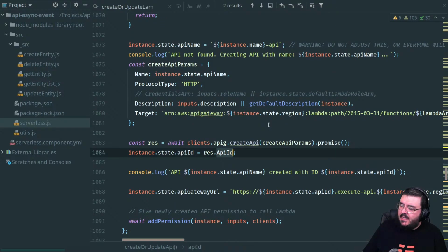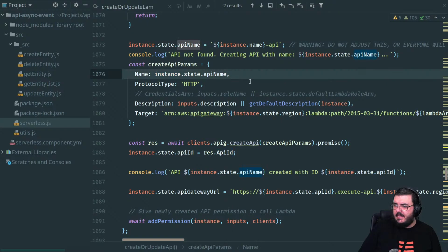The API ID is going to be the same for all 5 functions. Okay, so I can keep that as it was. It is this API name that's going to be different.